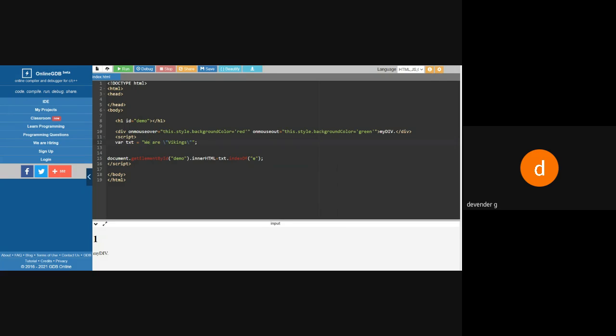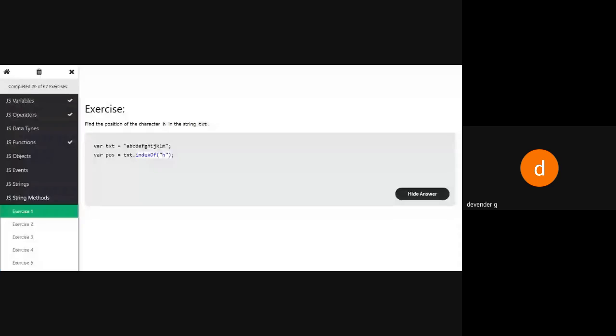So where is the W position? We'll see whether W is going to come. According to us, it should give me 0. It's saying it's at the 0 position. So this is how you are going to get the position of a letter in that particular word. What is the function we are using? The string function index of.